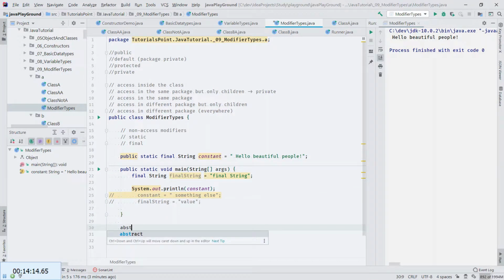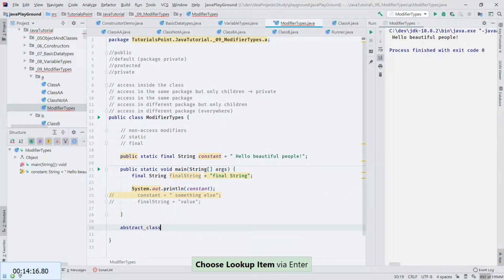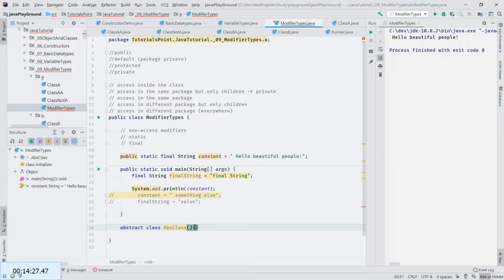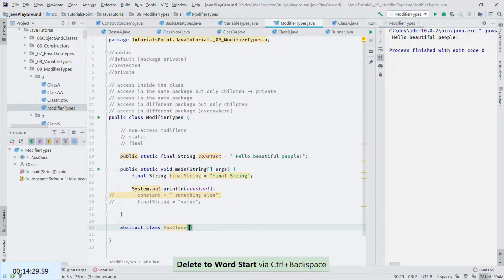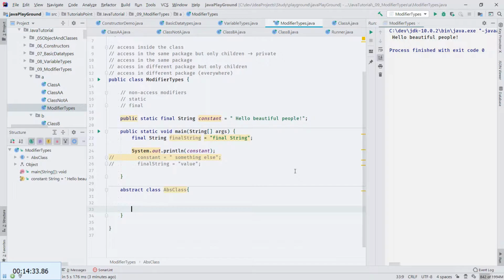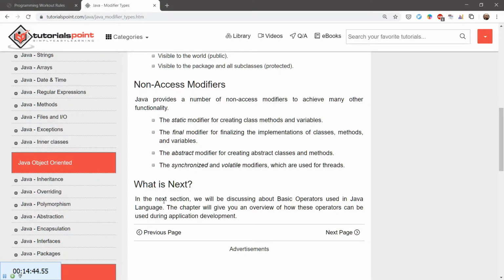And we will have abstract class, ABS class, yeah, like so. And here we will declare everything in here, I believe, can be abstract only. So we will try